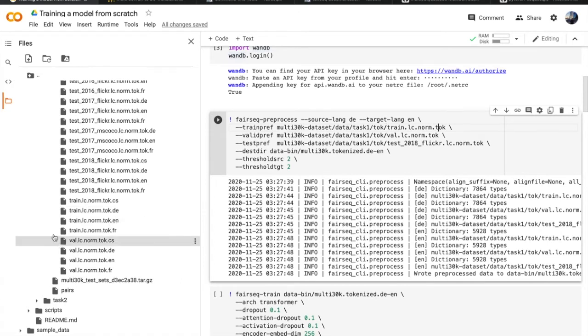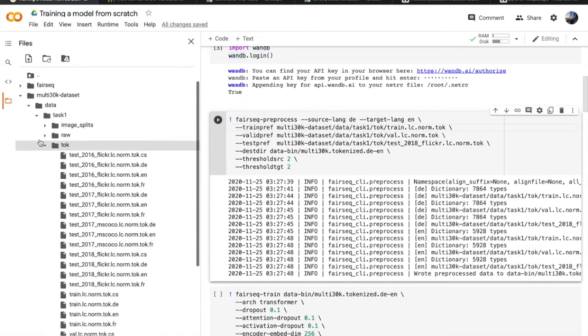So train.lc.norm.tok is the same for both .de and .en. So you can specify both these train prefixes in one step using this. For the test prefix, we are using the 2018 Flickr dataset. So we'll use that.